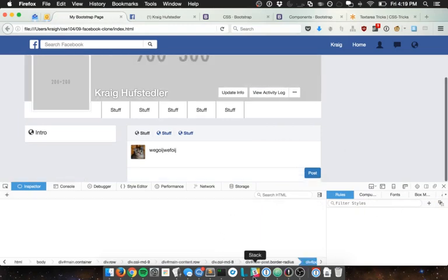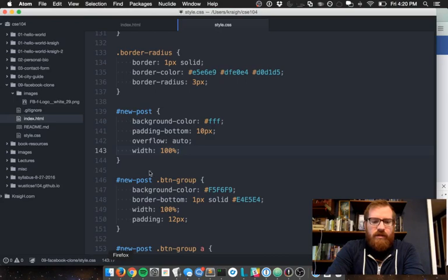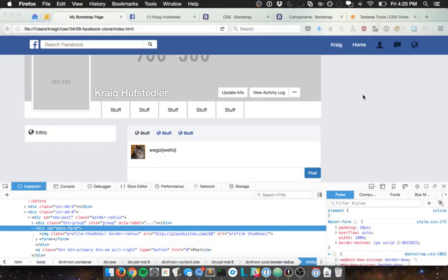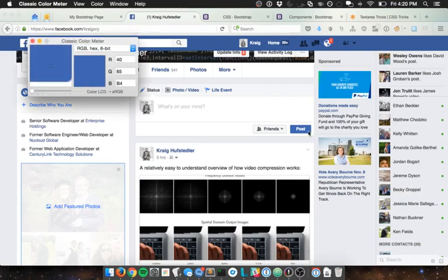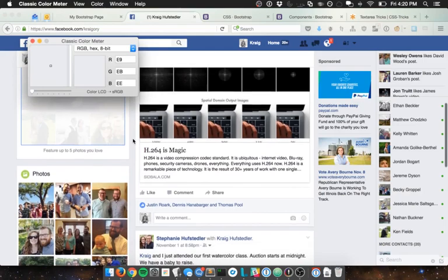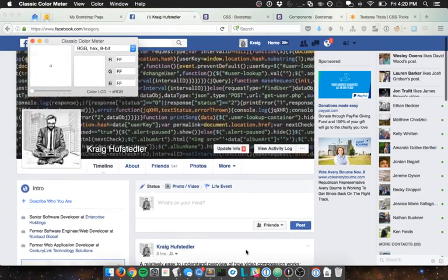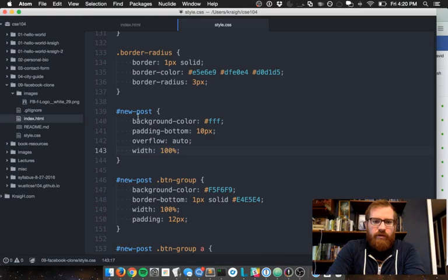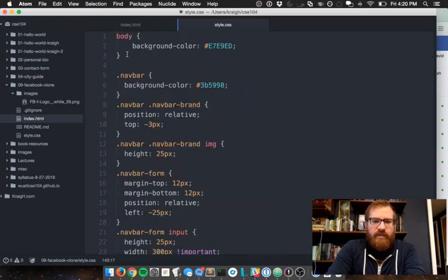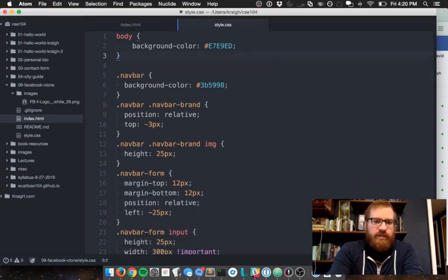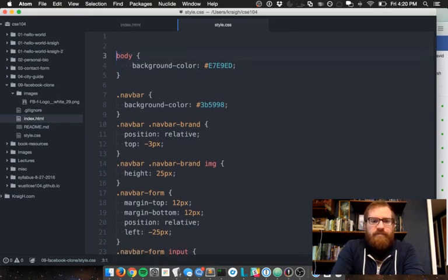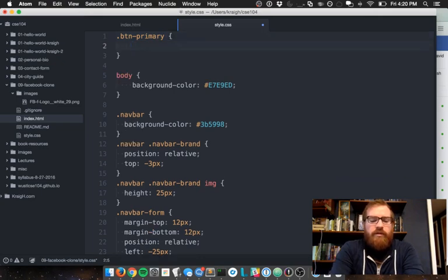Okay, that's good. We'd also maybe change the color. We can do the color of all of those primary, we can use that primary button. Well, I guess there's not really any other buttons, but usually the very top of my CSS is where I put styles that are going to be applied all over the place, just because it's a little bit easier to find, even above the body maybe. Do btn primary and change